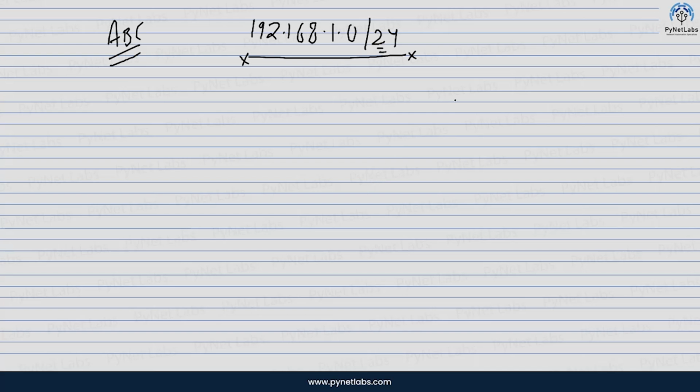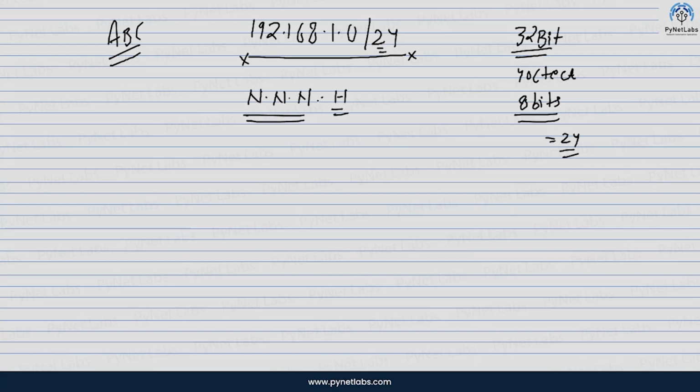In IPv4 we have 32 bits, 4 octets, with 8 bits per octet, so 8 plus 8 plus 8 becomes 24. So 3 octets are for the network and the last octet is for the host. The default subnet mask for a class C is